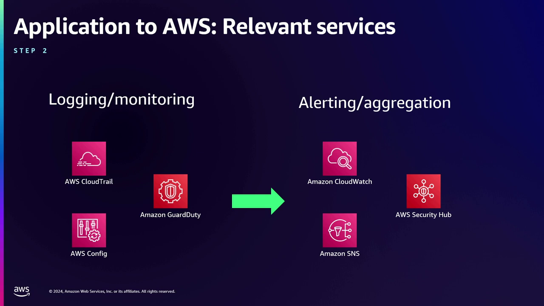And that could be through automation, it could be through manually investigating, but that's just one example that you can scale out your environment and have continuous compliance as you go through your dashboard for Config, and it provides you one thing that many companies have problems with: an inventory of your resources that allows you to have insight into that AWS account and what is your compliance, your configuration management status for many of those resources. So great, 3 great products when we talk about from a logging monitoring perspective to start out your incident response programs in your AWS environments. Then we move over to alerting and aggregation.